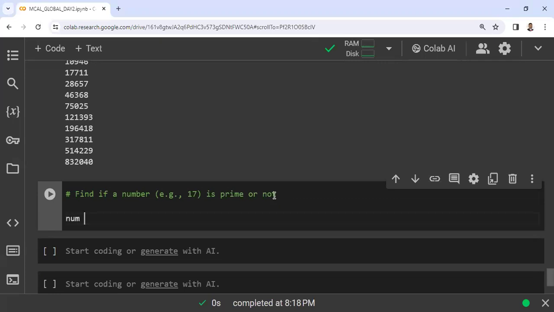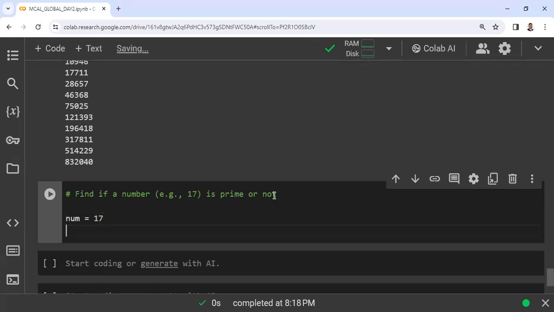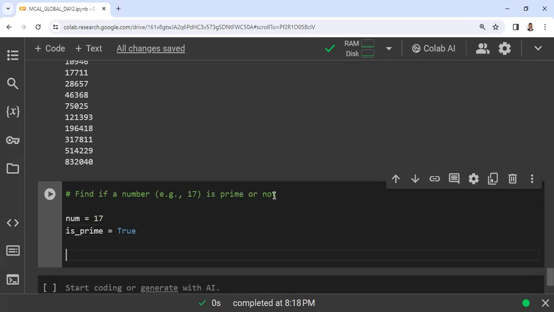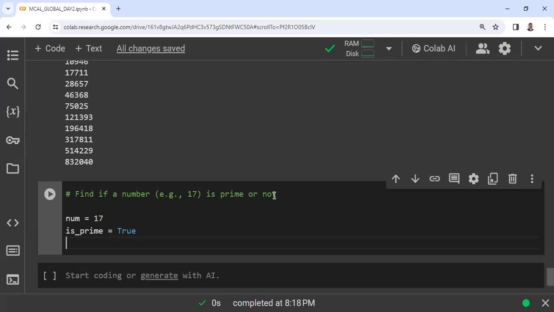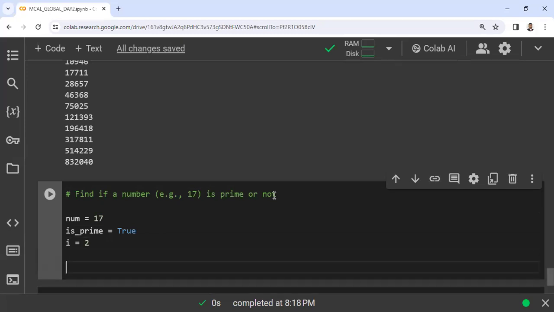So num is equal to 17. Then is prime is true. So this is my variable, is prime true. And then what I'm doing is I'm taking one more variable, i equals 2, and then I will apply my while loop. So while i is less than